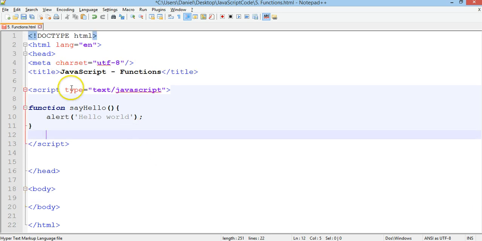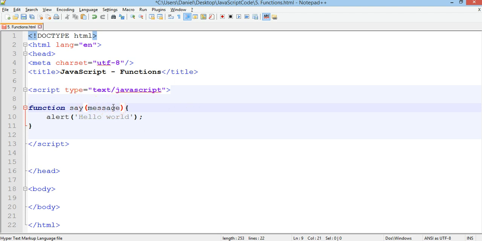We'll just keep it up here in the script section, where we have function say hello. I'm going to change this to function say, because we're not just going to say hello. We're going to specify a message later on when we call the function. So I'm saying function say, and then I'm going to put in message